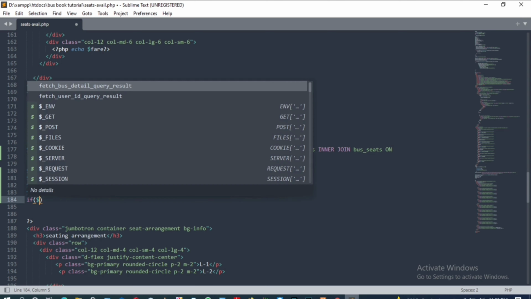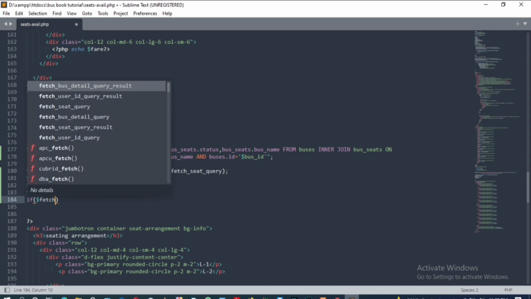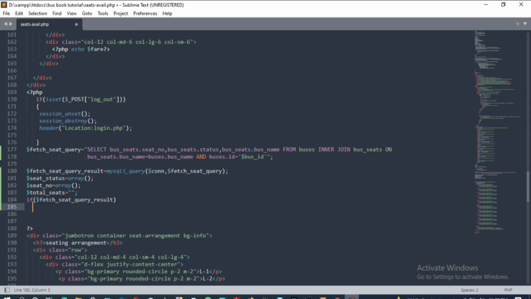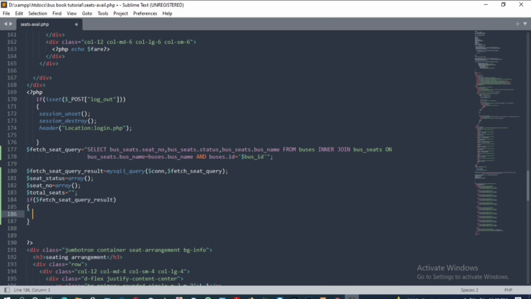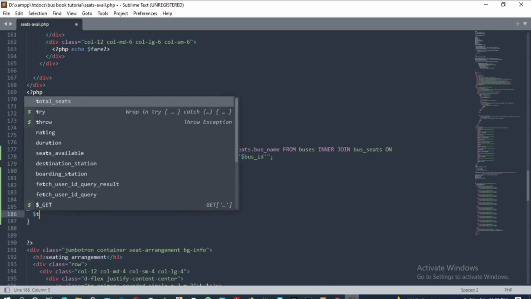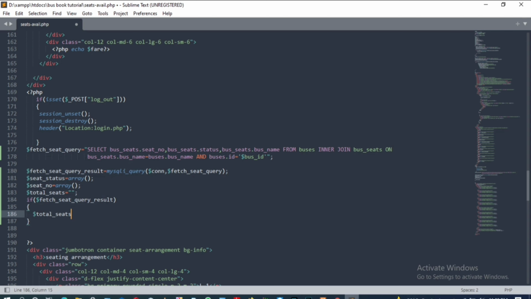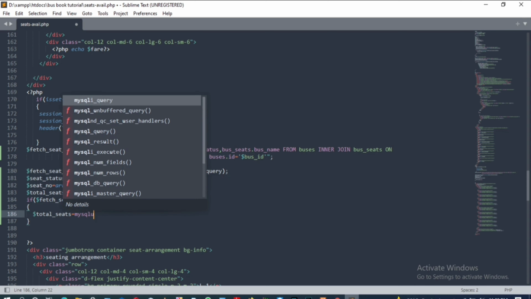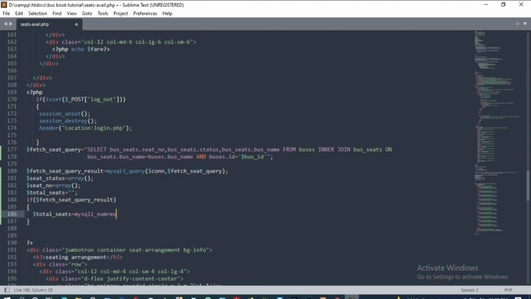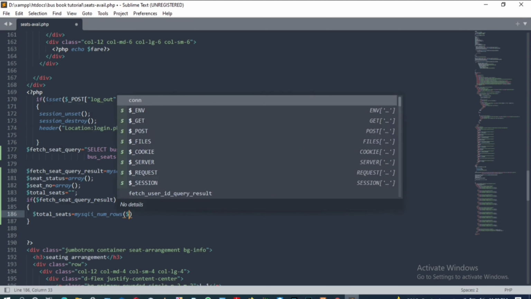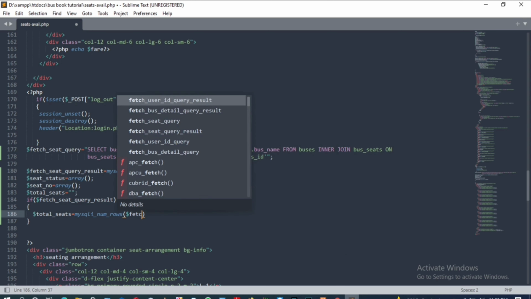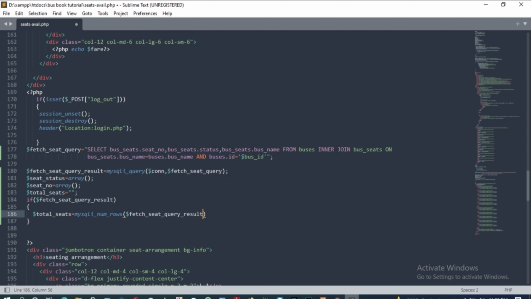If dollar fetch seat query result is true, then dollar total seats is equal to MySQLi num rows of dollar fetch seat query result.